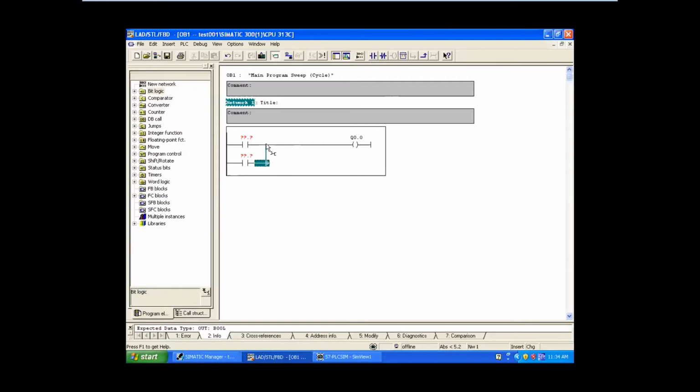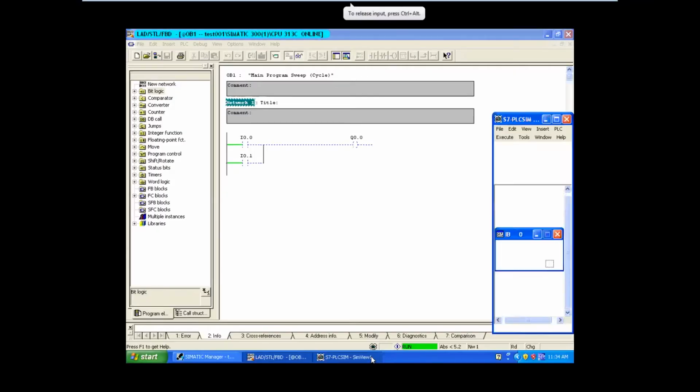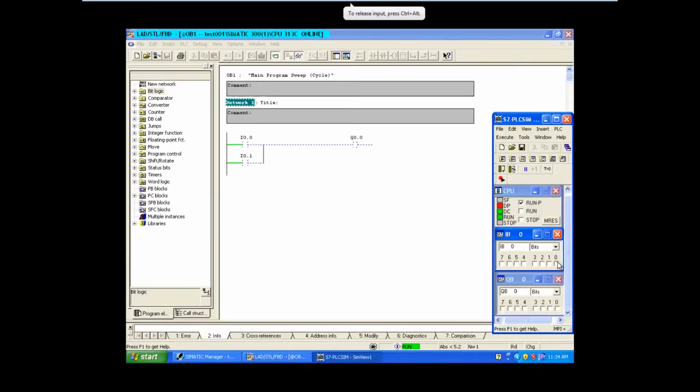Fine. This is I 0.0 and this is I 0.1. So what does this mean? If any one input is on, output is on. That is what the case is. Let's go online and check. What is the first one? 0 0 0. Fine. Now I'm going to turn on 1 0.